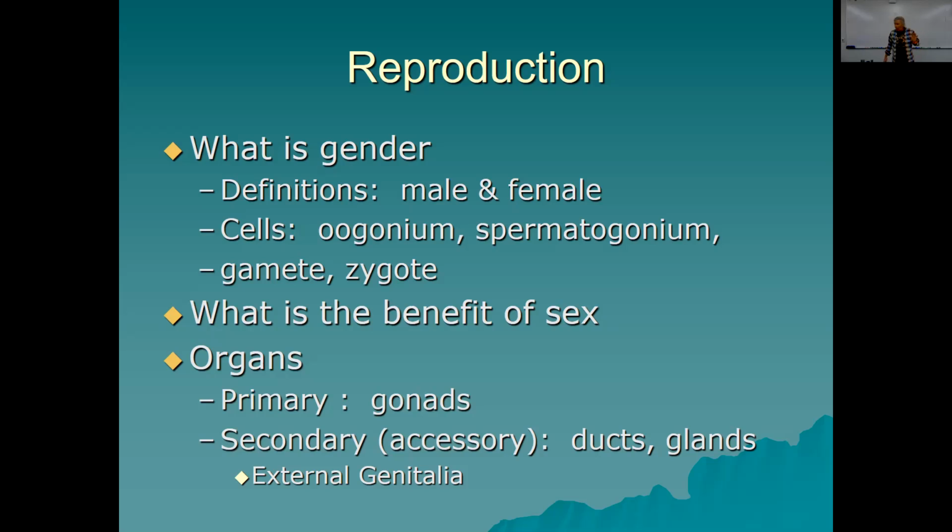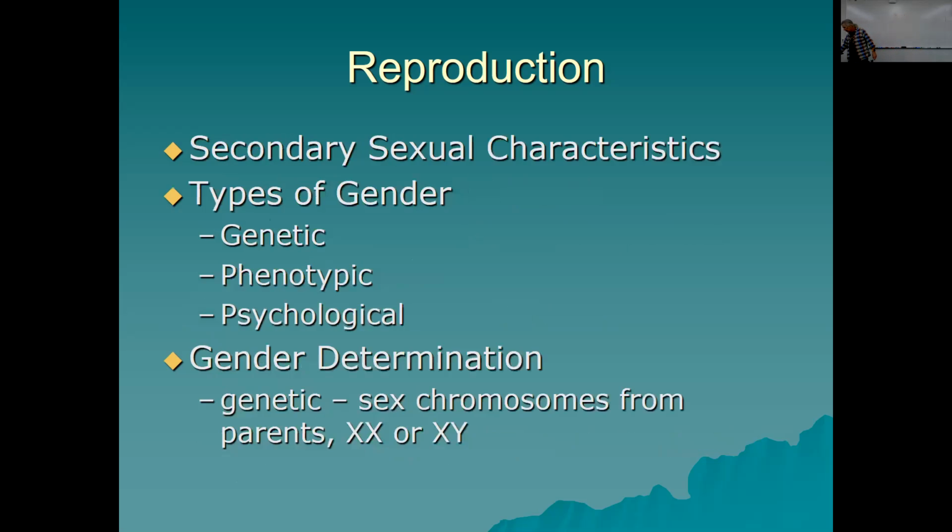Organs, sexual organs, primary one, gonads. Everybody's got two of them, 2 testes or 2 ovaries. All right. Then there are secondary sexual organs: ducts and glands, and external genitalia. And we have something called secondary sexual characteristics. We are a sexually dimorphic species. Sexual dimorphism is